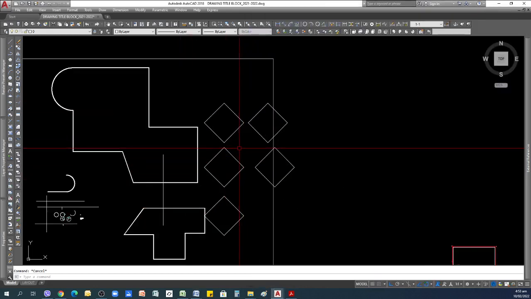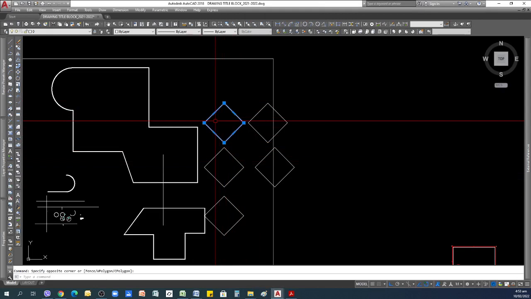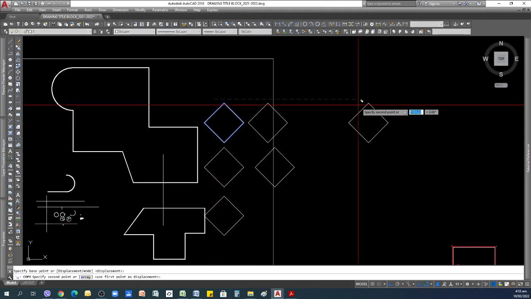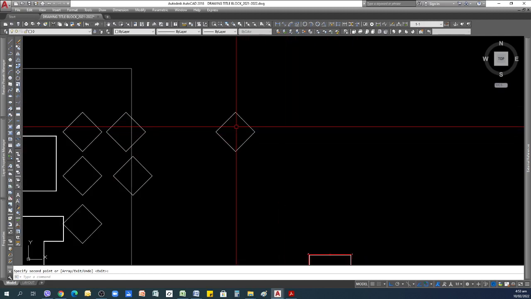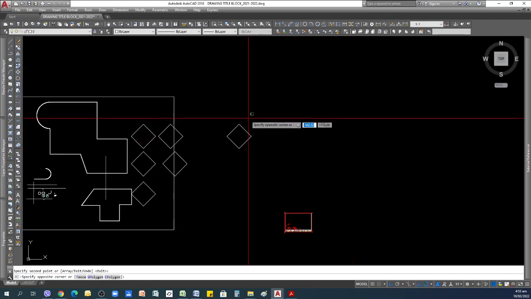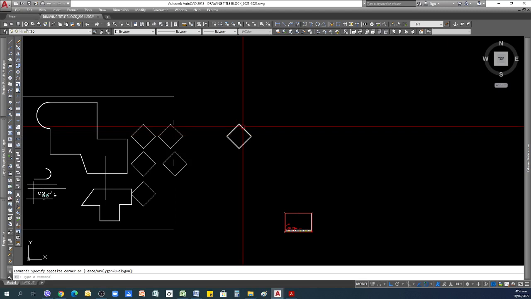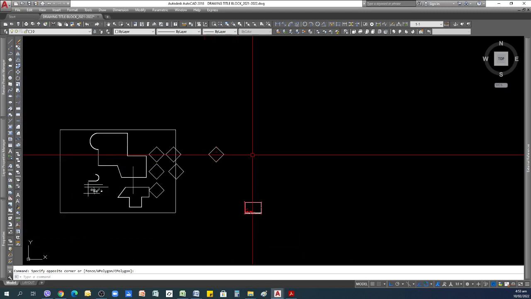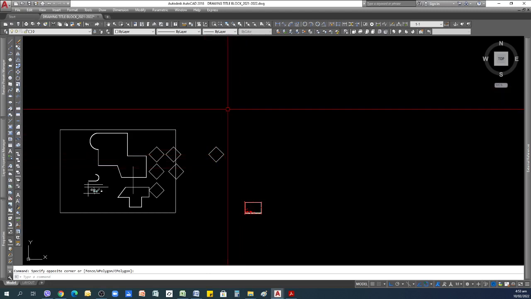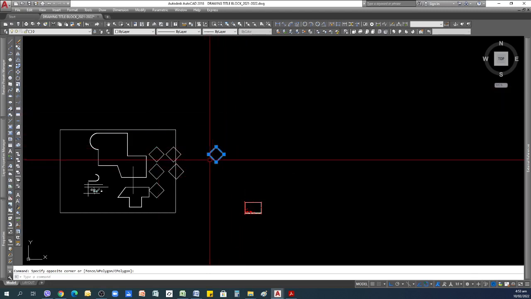It's like grid creation. I think I will demonstrate. For example, this one I will call a diamond. I will do a series of diamonds through a grid. So if I use array,